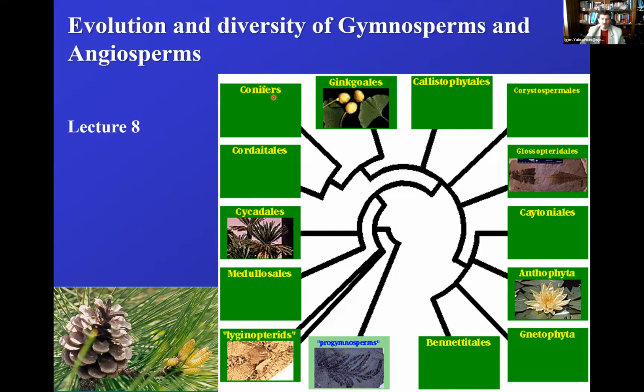There is another group known as the gnetophytes, and we'll talk a little bit about them today because they are very close. As you can see, they're on the same kind of spiral, on the same branch with the flowering plants. And next time we'll continue with the flowering plants. So today we'll talk about the conifers, or something which is known as the gymnosperms, not necessarily conifers, but that's the largest group out of the gymnosperms.